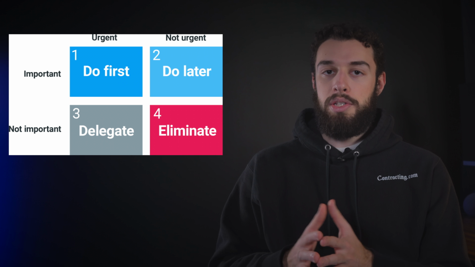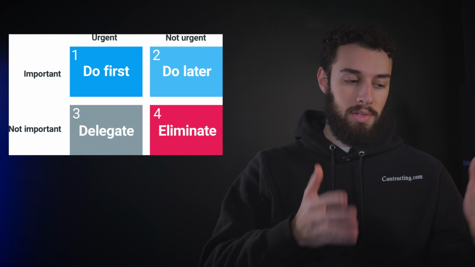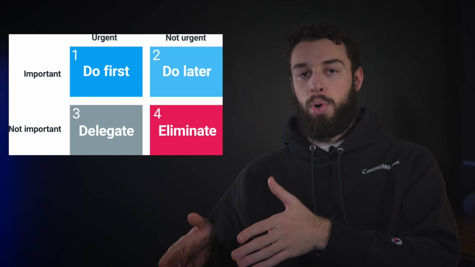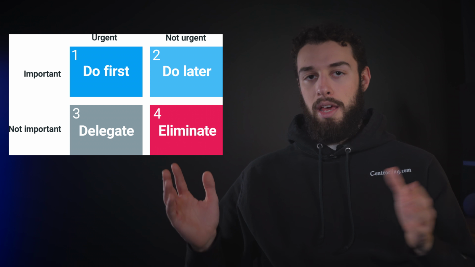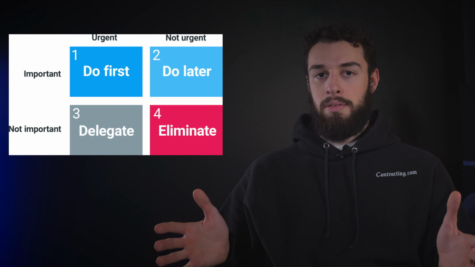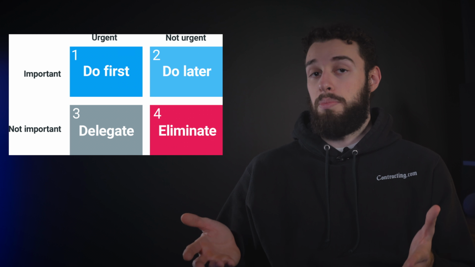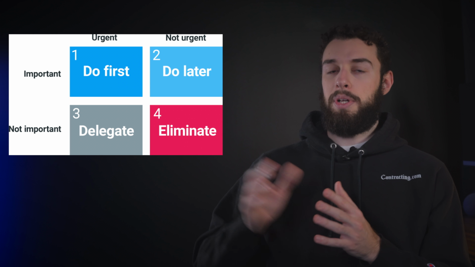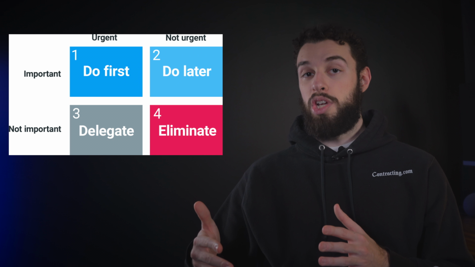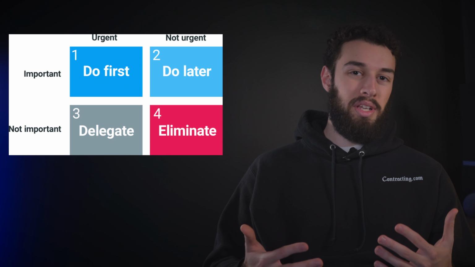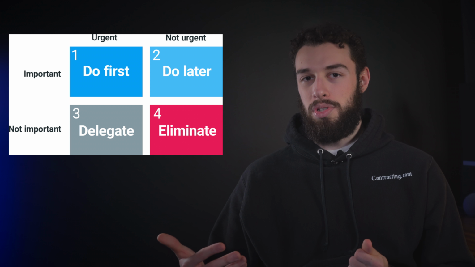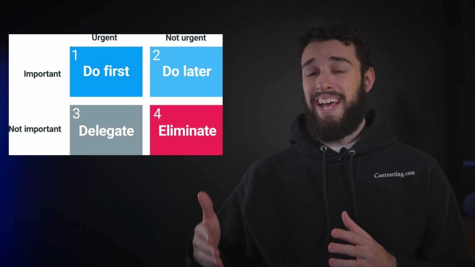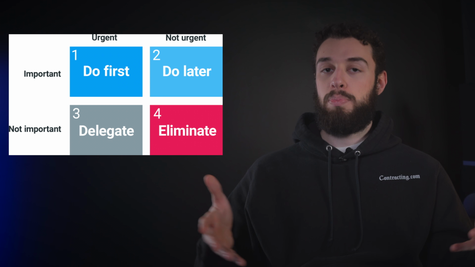I want to introduce you to something called the time management matrix. It looks like this. And you'll notice there's basically two things: urgent, non-urgent, important, not important. If something is not important and not urgent, most of the time you don't do it, or you just completely eliminate it. If something is non-urgent but important, you typically are scheduling it. If something is urgent but not important, if you're the only person in the company, you're probably forced to do it. And if things are urgent and important, then you, as the owner, that's priority number one.